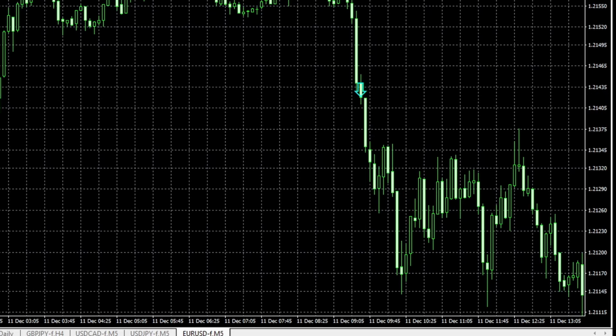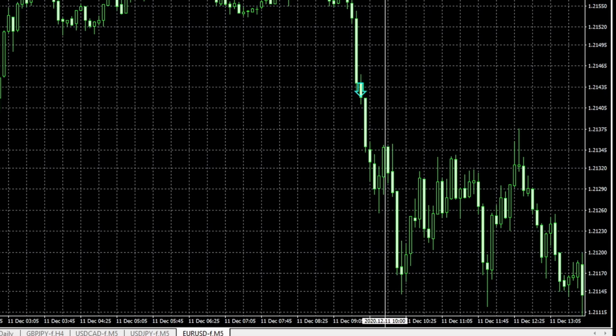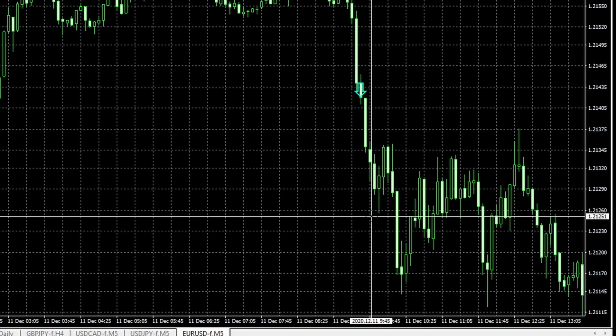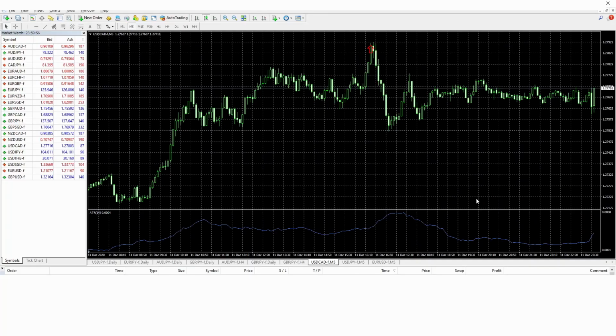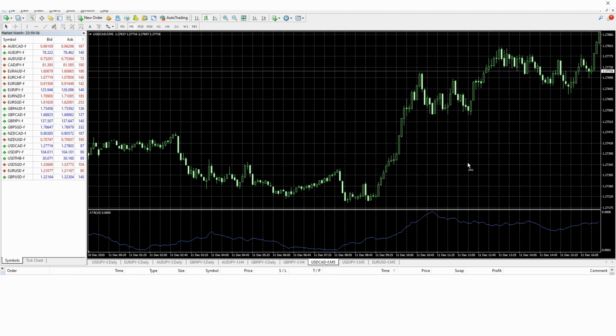Okay, so those were the two winning trades. Based on these two winning trades, I could have ended my day here. But towards the end of the day, it was at night for me, I sort of got greedy, I guess, because I saw this on the USD